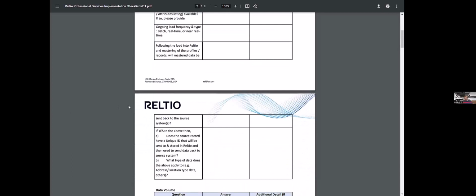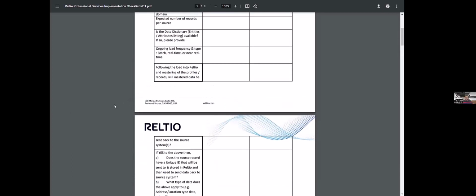When we talk about the integration patterns, we have different ways to integrate data to Reltio. We'll be looking at a few of those in the next slide. And talking about the frequency, we all know whether we want to bring in the data in batch, real time, near real time, etc. And for each of these, we have different ways to achieve that integration. And we should also figure out what style of architecture we want to implement.